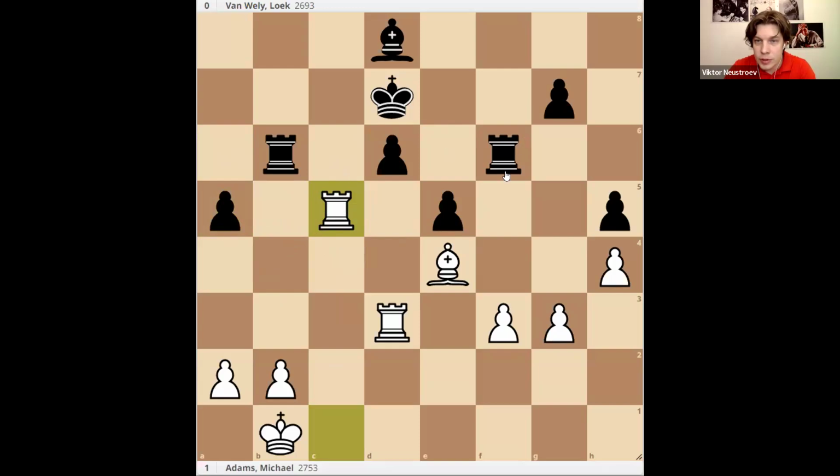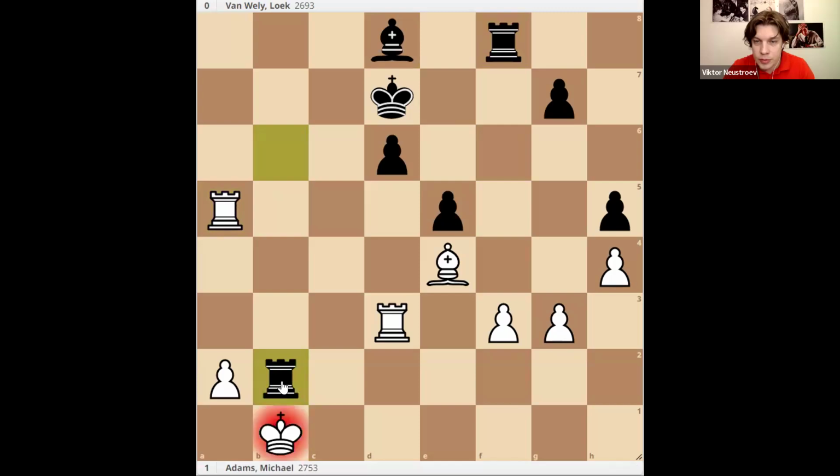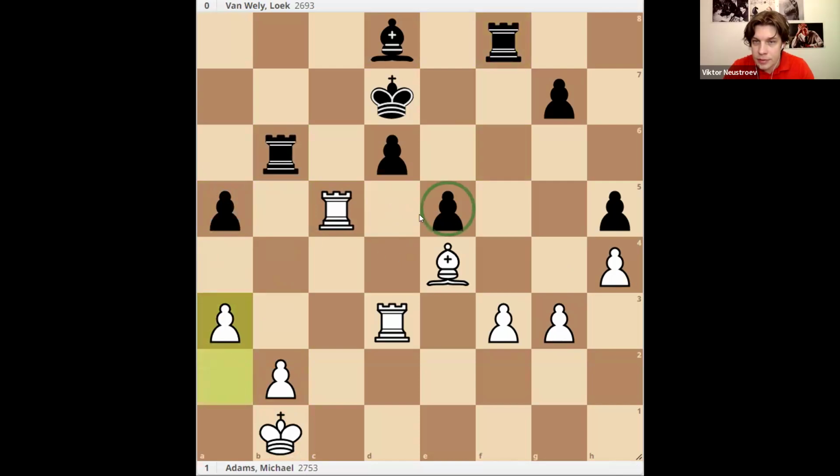Well, the game continued with this move, and then a3 was played. Rook a5 this time doesn't work because of bishop f6. Capturing the pawn here doesn't make sense because of rook b2, and then this rook is hanging. Anyway, so it was a3, then e5 is still vulnerable.